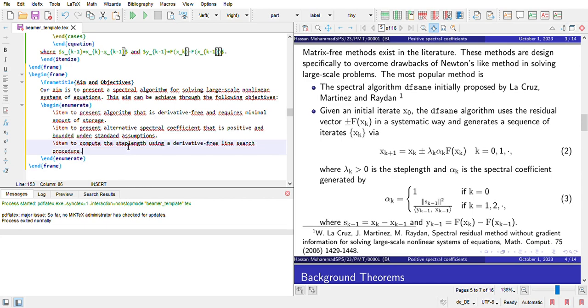Then maybe lastly, to prove the global convergence of the proposed algorithm,